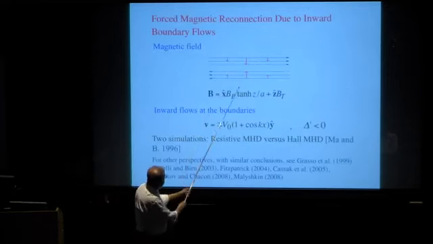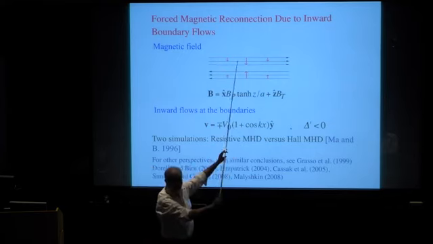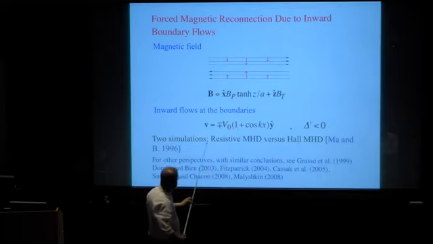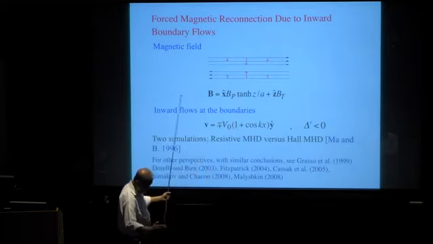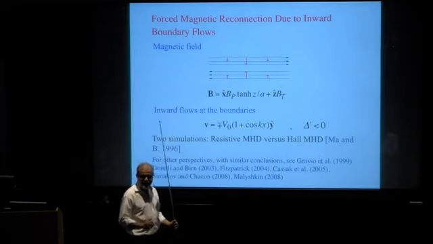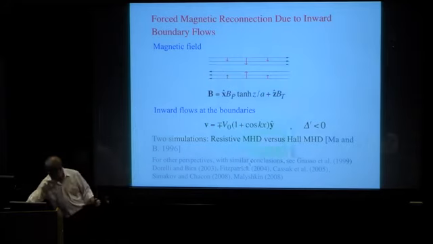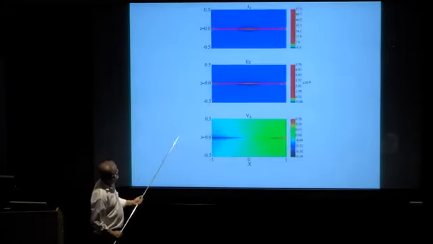Remember the Harris sheet that you've already seen? Imagine you have a field perpendicular that you could change, zero or not, to look at both limits. And you drive the system gently with some flows coming in. Are you guys with me? Right? What happens to this system in the Sweet-Parker case? You know the answer. That's what it looks like.